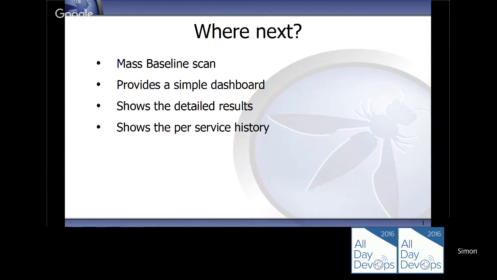What that will do is give you a very quick overview of the security status of your application. It doesn't do any attacking, so it's very safe, but it will give you an idea of what it's like. But that is only one individual application, which is great if you're promoting an application from development to staging or from staging to live, it'd be a good time to scan them. But it doesn't actually give you an overall picture. So what we've got is what we're calling the mass baseline scan, and these are a separate set of scripts which wrap